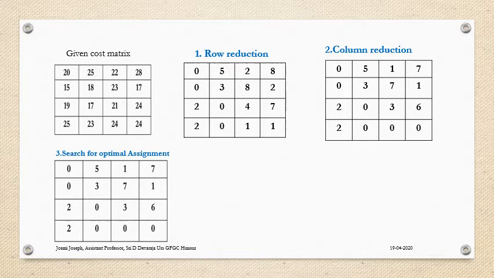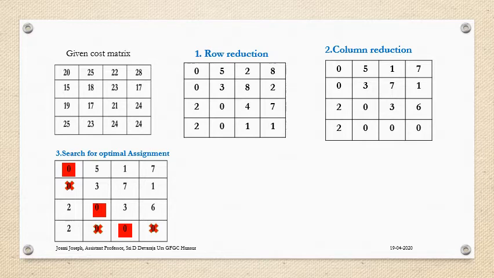We first examine the rows and search for exactly 1 zero. Here we have one, assign it and cross out this. Then the second row, here no zeros, here exactly 1 zero, assign it. Then here we have multiple zeros, not possible. Here we have already assigned, here also assigned. Here we have exactly 1 zero, assign it. Now all the zeros are over.